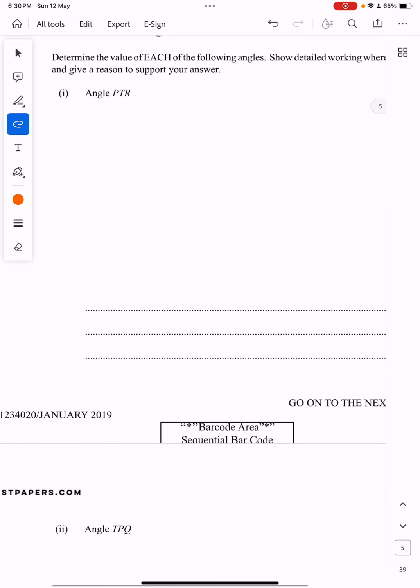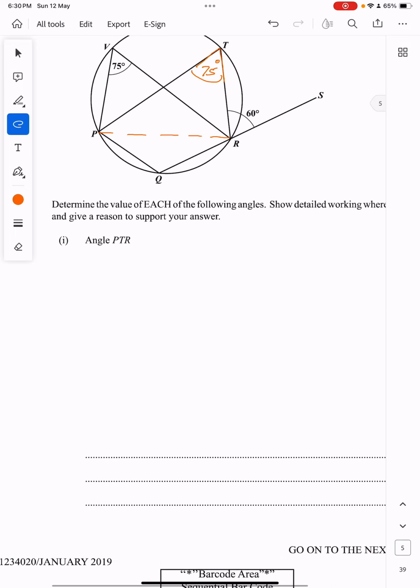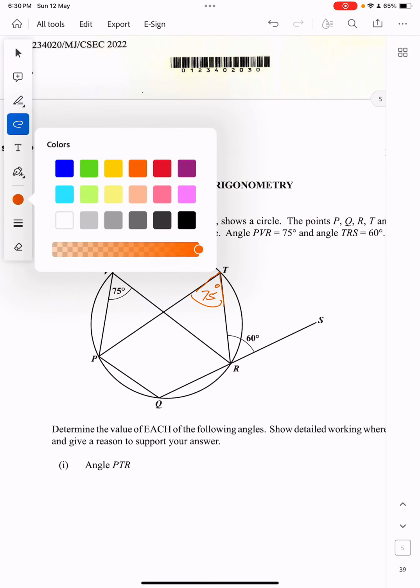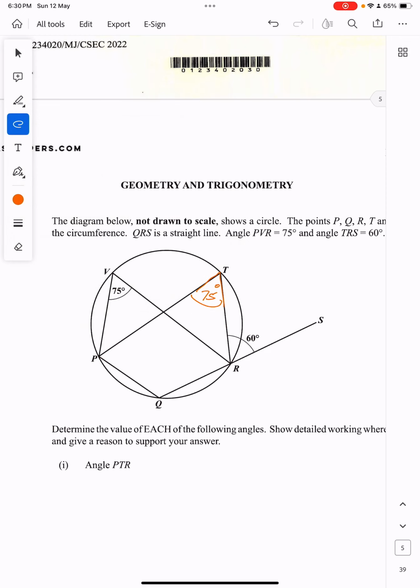The next part of the question is asking us to find angle TPQ. Angle TPQ, which is, let me just clear this up here. All right. So angle TPQ would be this angle right here. And for that angle, if we look at,